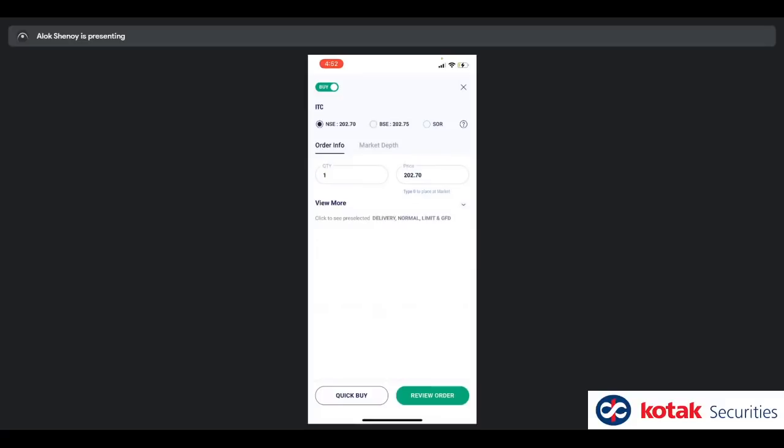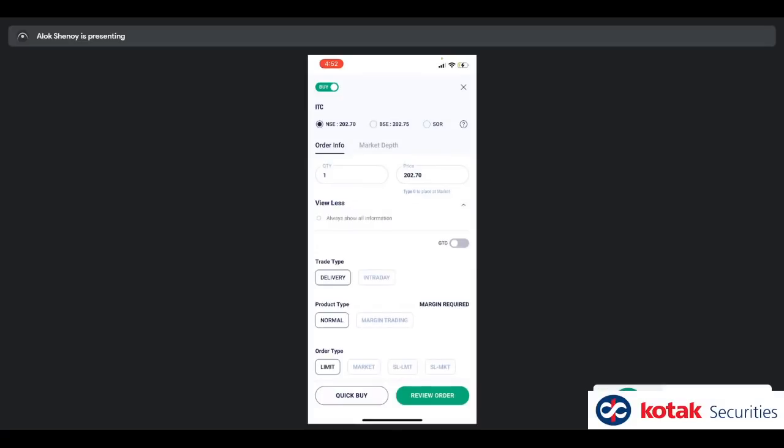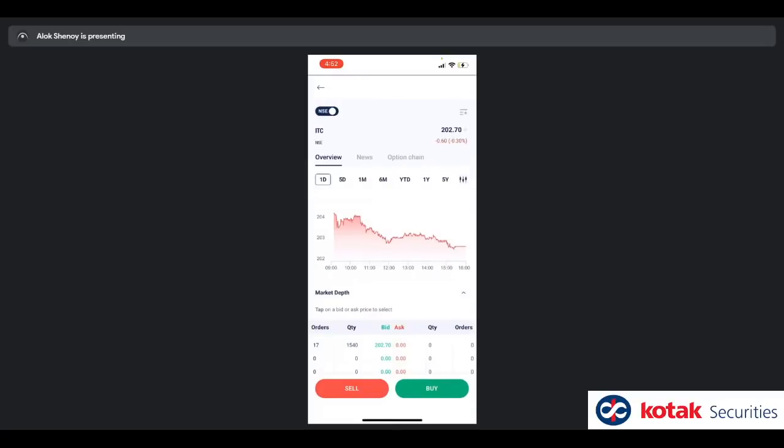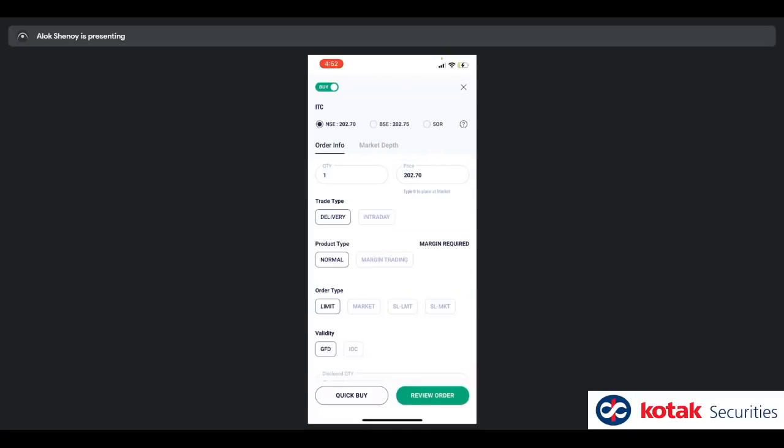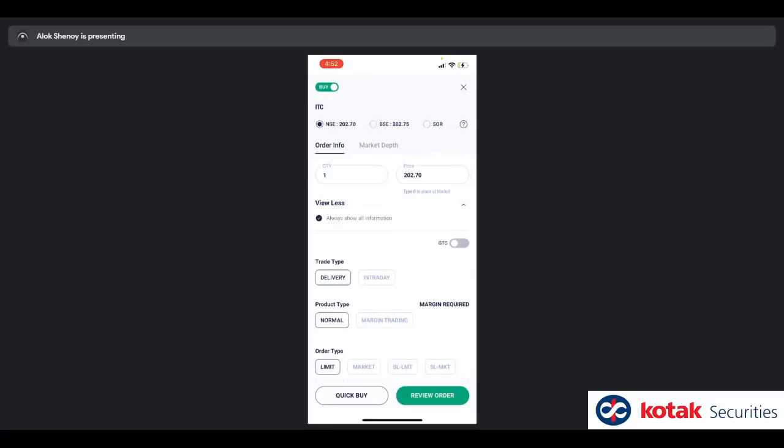Suppose you don't want to go with the defaults we are providing. So we'll just click on the arrow beside that and it will expand. Now, if you're a day trader or if you're a regular with stockbroking, then it's best if you just stick on this always show all information because it gives you this expanded view every time. So I'll just close the form again and open the form again, and you can see it's open by default, right? So you don't need to do that one extra click, right?